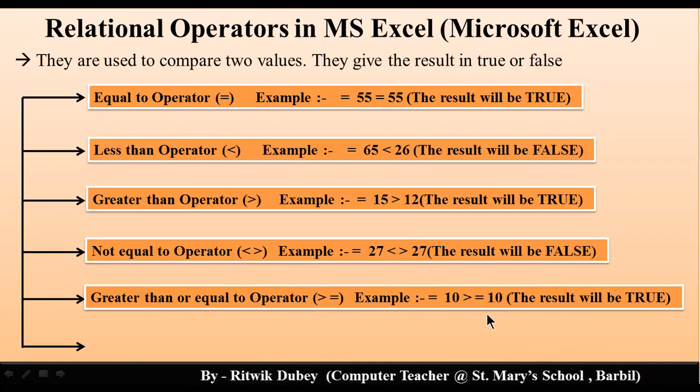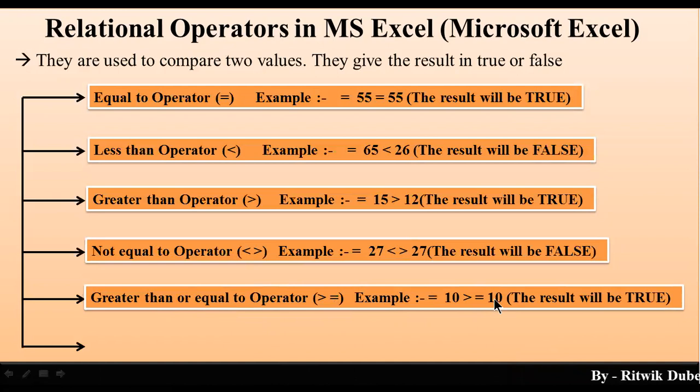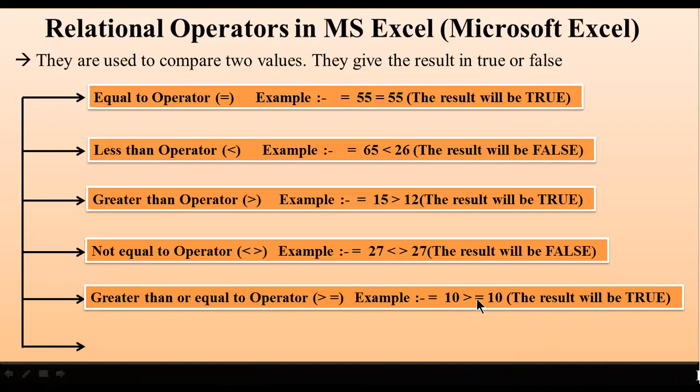See, 10 is greater than or equal to 10. Now see, first of all you have to check the first one, greater than. 10 is greater than 10. क्या 10 से बड़ा है? No, false. तो false का मतलब ये नहीं कि आप सीधा false लिख दोगे आउटपुट में, नहीं, फिर दूसरा चेकिंग करने जाएगा. क्या 10 के बराबर है?